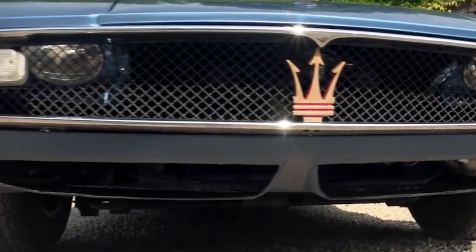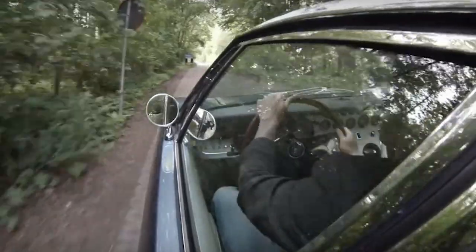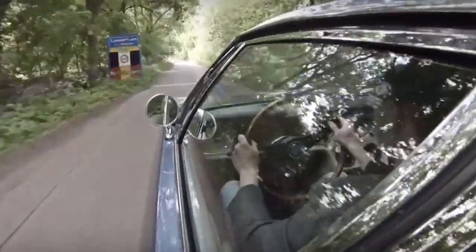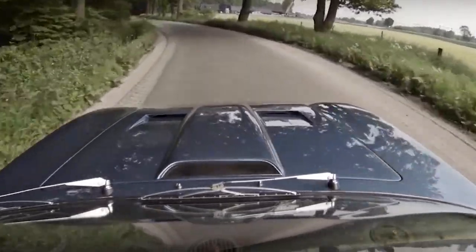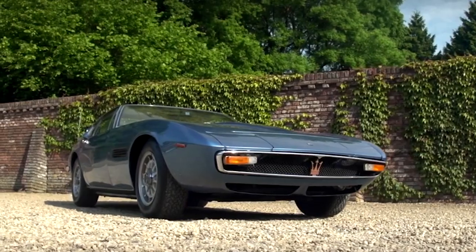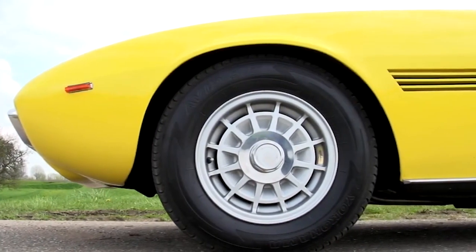With a Maserati crown in the center of the grille and two rectangular air vents below, many Americans would probably ruin the car by installing some fog lights there. Although the hood is relatively thin, it has a tiny scoop in the center that gives the front end a lot of character. Looking at it from the side, it has sharp, narrow bodyline curves around from the front end